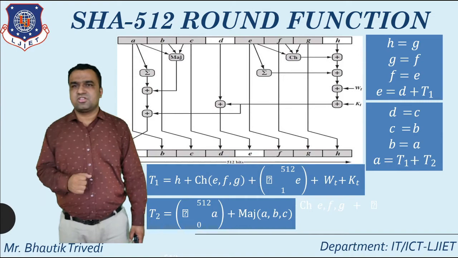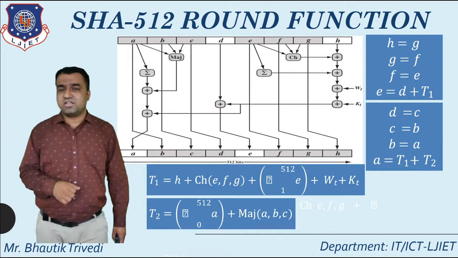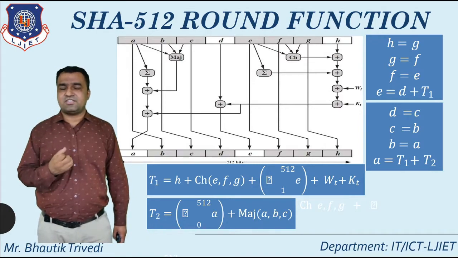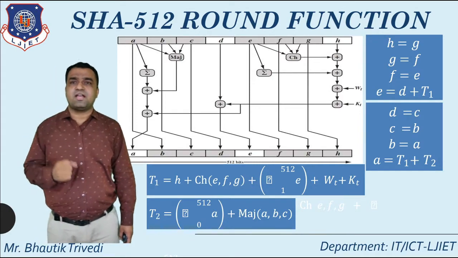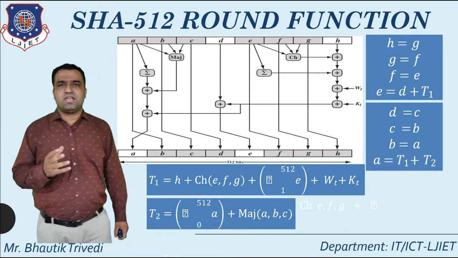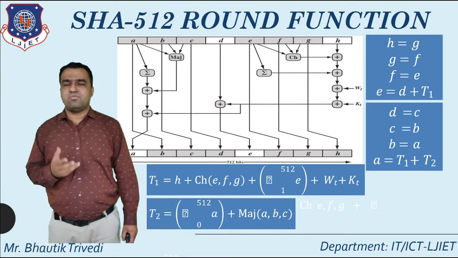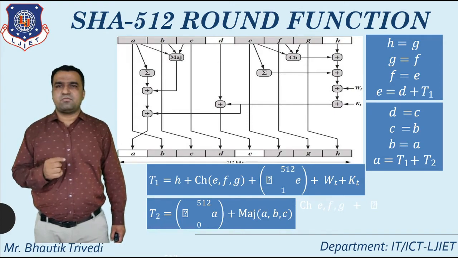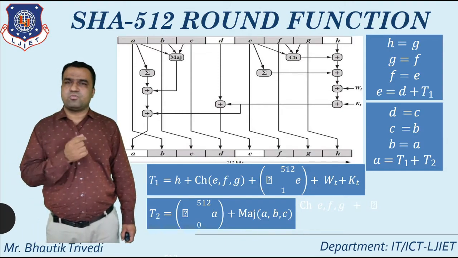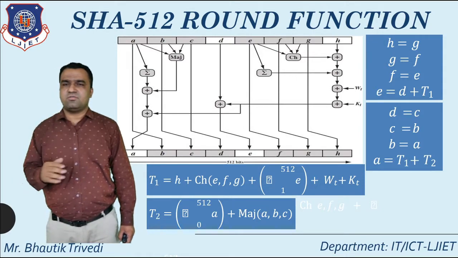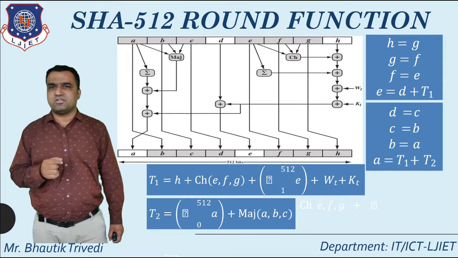After that, this is the most important one, the typical question: what is the concept of the round function in SHA-512, and what is the logic behind it? Here you see A to H, as all of you know. Why? Because it supports 512 bits. So the 512 bits are divided into 8 blocks of 64 bits each, starting from A up to H, and at the bottom again it is A to H.